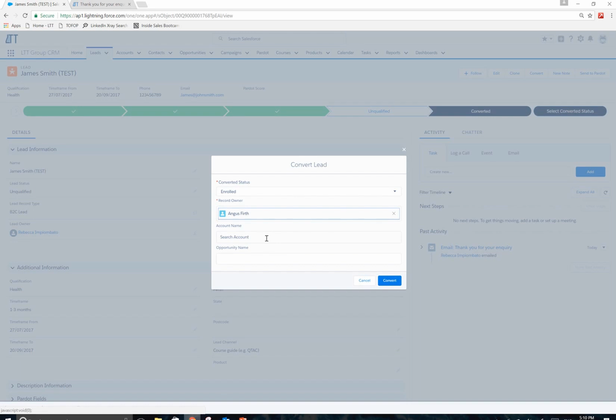What happens with the account is Salesforce actually looks through the whole system and sees if it also has a James Smith, which matches the name and the email and a few other things, and creates an account for us. So it will see if it's on there. If we haven't got an account already, you can just leave that blank and it will create it. So then we need to give an opportunity name. And the reason we use an opportunity is because that pegs it back to the specific course which we're doing. So what we just do here is we use their exact name. So James Smith. Okay, so we're going to convert James and